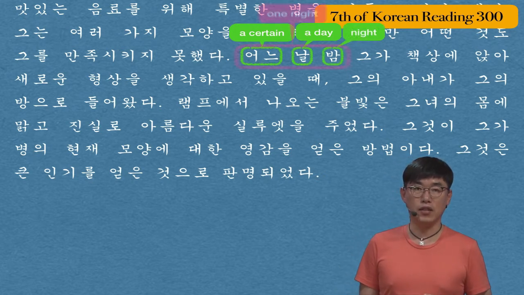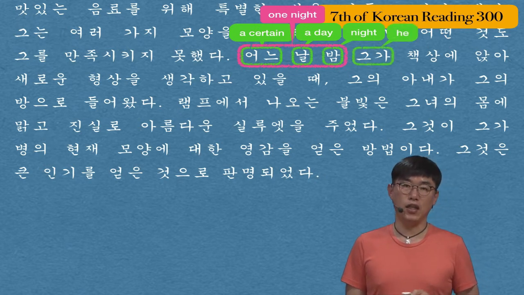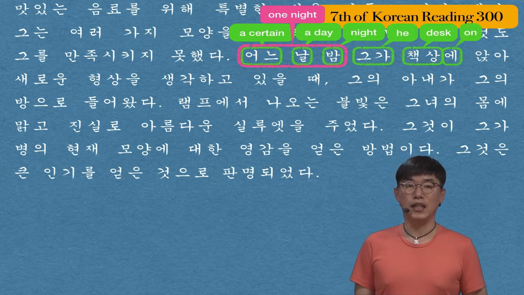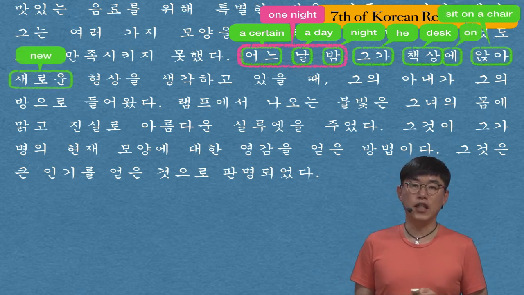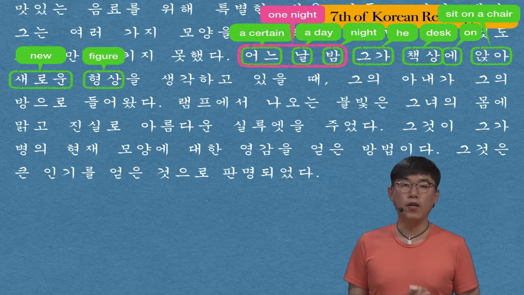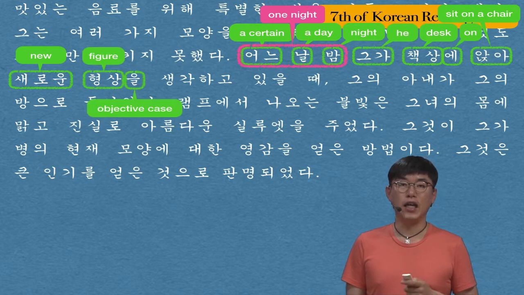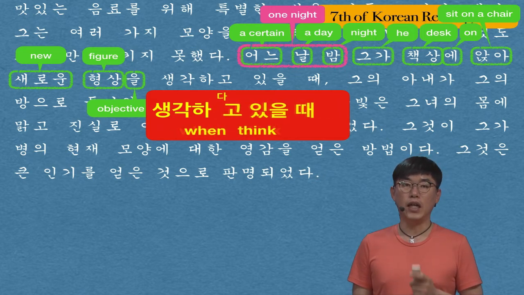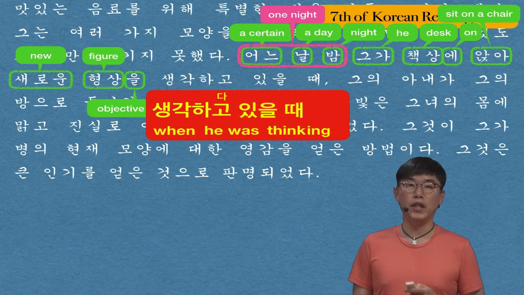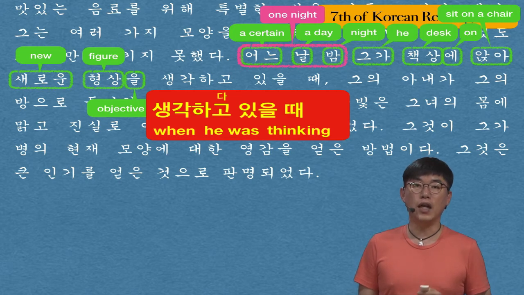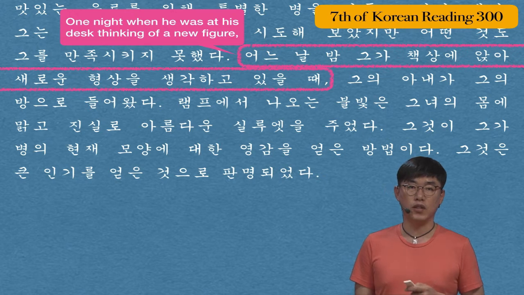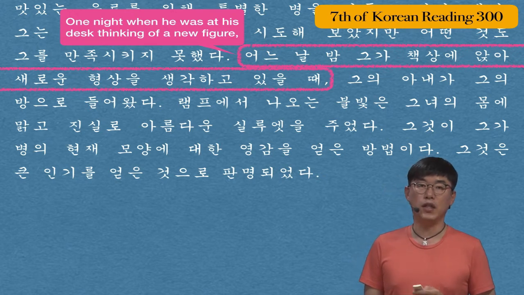And 밤 is a night. So 어느 날 밤 is one night. And 그가 is he and 책상 is a desk. And 에 is on, and 앉아 is to sit on a chair. And 새로운 is new, and 형상 is a figure. And 생각하고 있을 때 came from 생각하다, which means to think. So 생각하고 있을 때 is when he was thinking. So 어느 날 밤 그가 책상에 앉아 새로운 형상을 생각하고 있을 때 is one night when he was at his